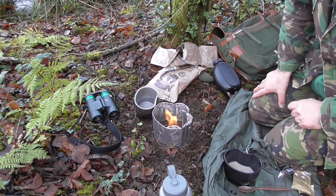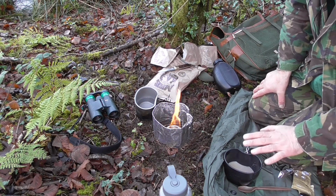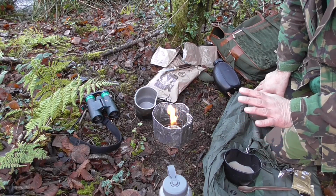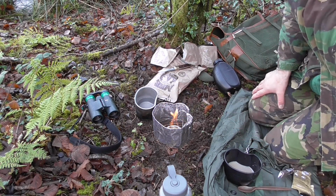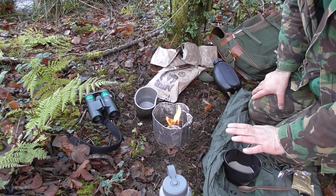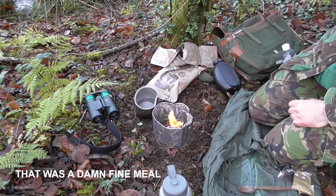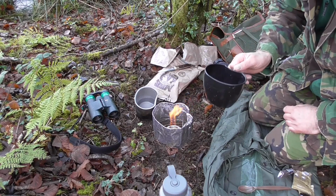As I said, it's about 2 o'clock now. I didn't eat since last night, just so I'd have an empty tummy for this. I wasn't really starving or suffering, but I would say the sugar addiction and the caffeine addiction was kicking in. It was time to stop for something. And I'd have to say, all in all, that was a very satisfying meal. It hit all the right spots. It's quite filling